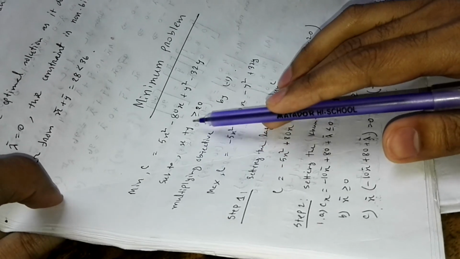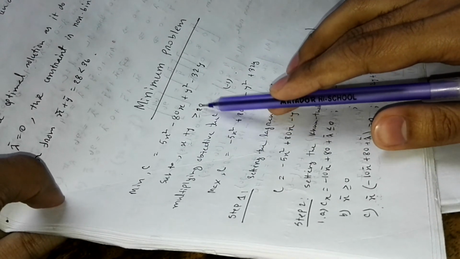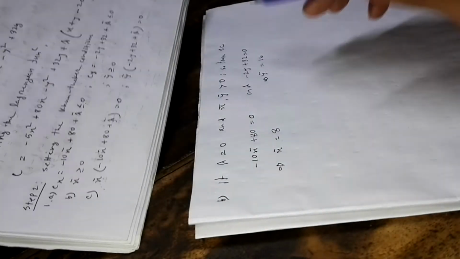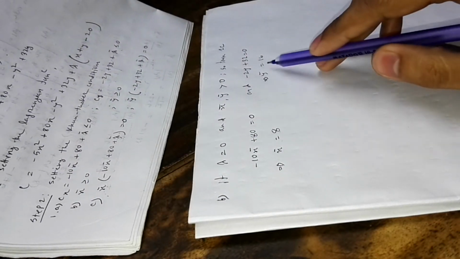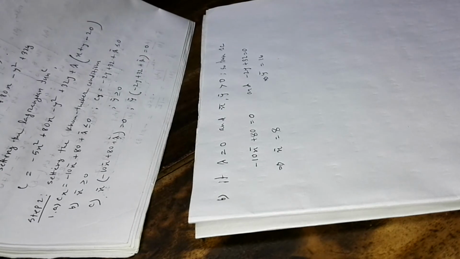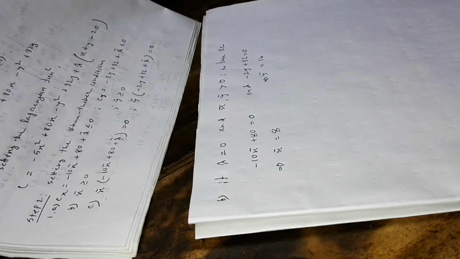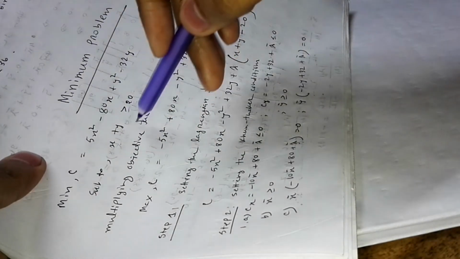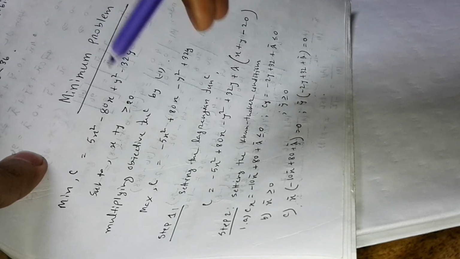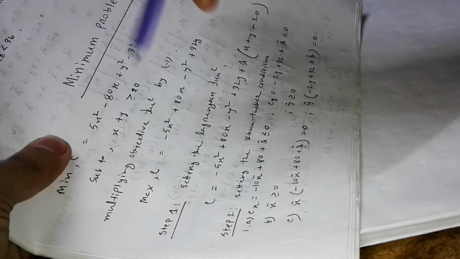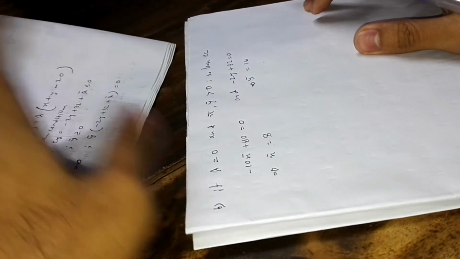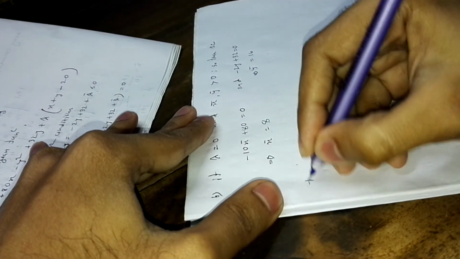But what is their summation? Let's check it. Our initial condition is saying the summation of x and y is greater than 20. With x value 8 and y value 16, the summation is 24, which is actually greater than 20. So it's also supporting the initial condition, because the initial condition is saying the summation of x and y will be greater than or equal to 20. So we can write it that